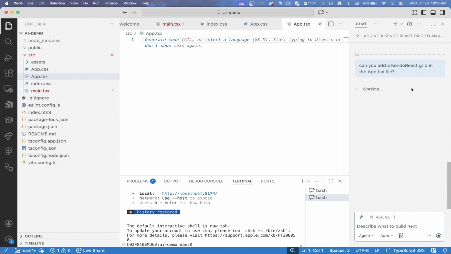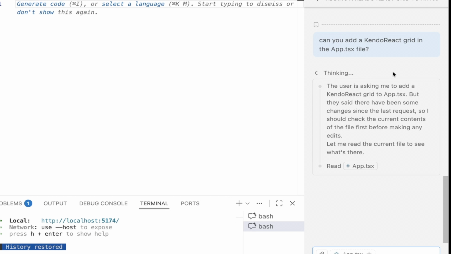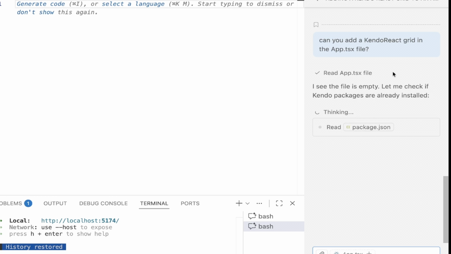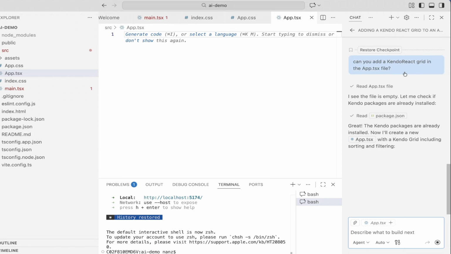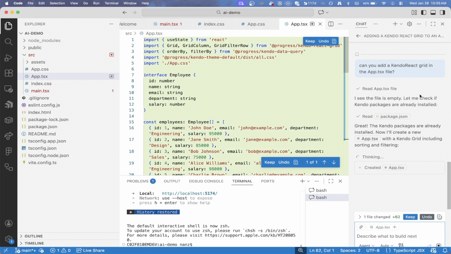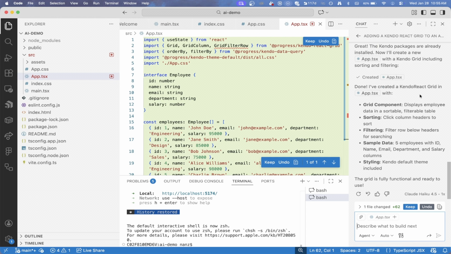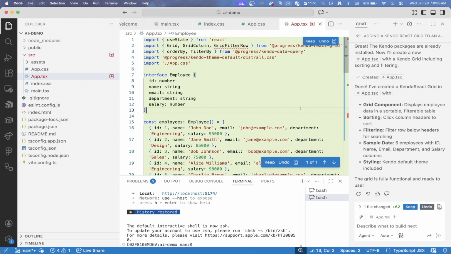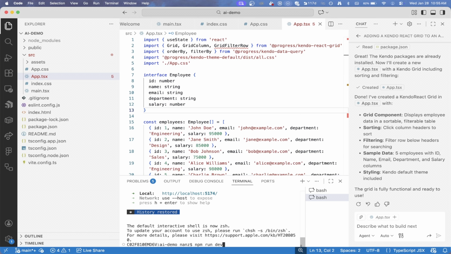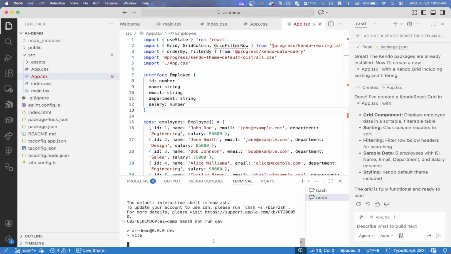So here, I am prompting Copilot in VS Code to generate a KendoReact grid for me. We see it think for a minute, and then it starts to write some code, and it creates something that looks awfully promising at first glance, right? I kind of skim through it, and yeah, I decide to keep these suggestions. But when I actually try to run this code,